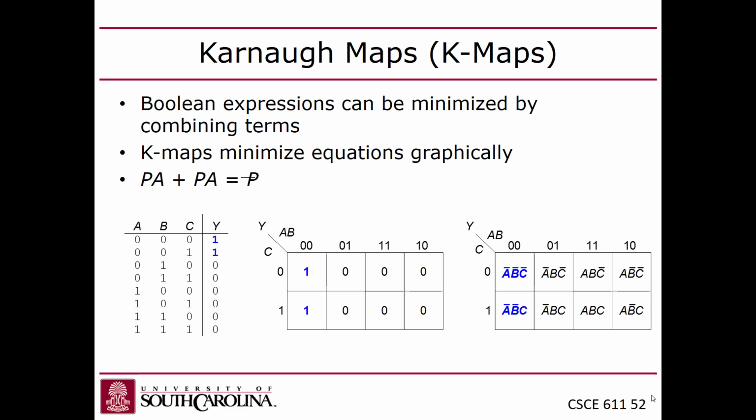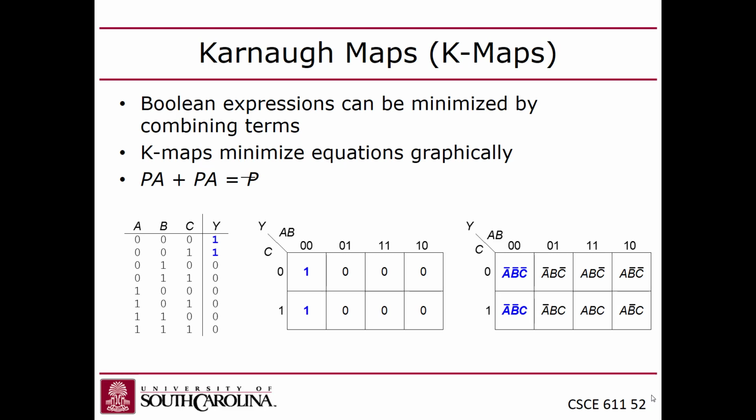Each one of those entries represents an implicant, actually a minterm, and they're shown here. So in this cell, A, B is 0, 0 and C is 0. So this is not A and not B and not C. And so the idea is that when you take the truth table and convert it to the Karnaugh map, you